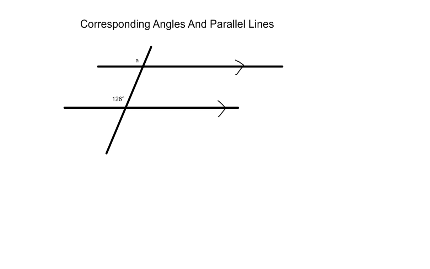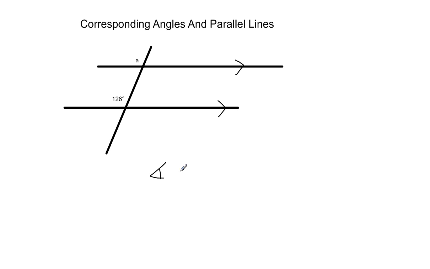All right, so for the examples of the work, this is an example of where we have a parallel line situation. You have a transversal crossing it, and we've created our corresponding angles. So just the easy stuff, match them up. In this case, angle A, we want to know its value. We know that its corresponding angle down here is 126, so because these lines are parallel, angle A also has to be